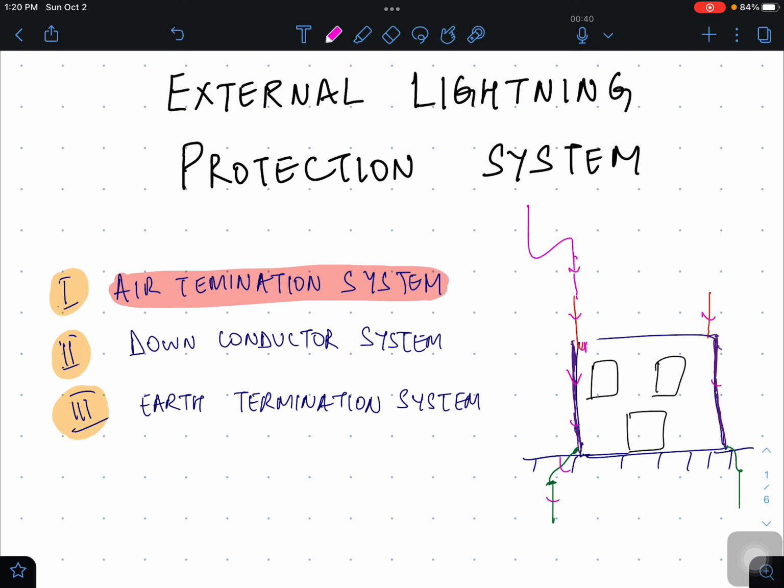which is the lowest impedance path, not the lowest resistance but the lowest impedance, because the lightning phenomenon is a very high frequency phenomenon. We always talk about low resistance, but it will involve a very high amount of inductance, which is omega times L, a function of frequency. So it will follow the low impedance path and go into the earth. So it cannot always be straight. We will understand all this. Now,